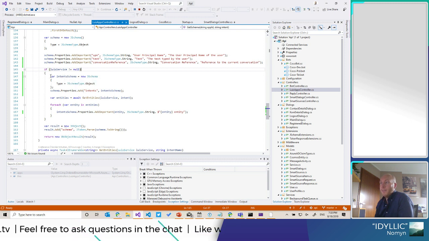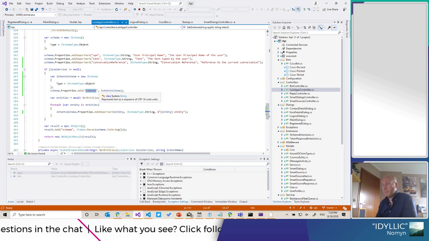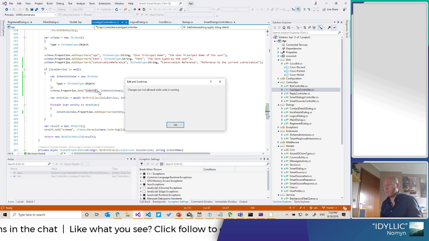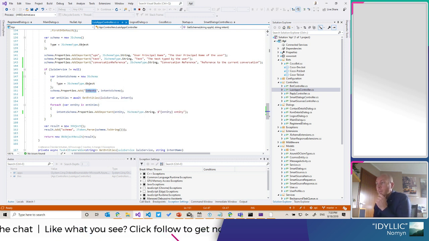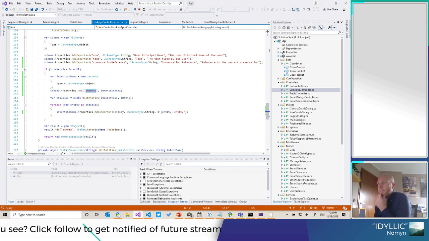So we add an intents node, and we retrieve, should rename it to entities. It's not intents, so we need to fix that in a bit. It will retrieve all the entities from Lewis using the authoring API again. And then it will add properties for all of these